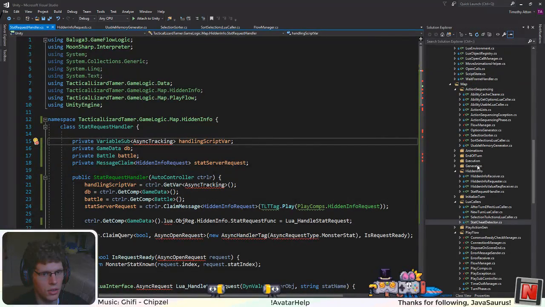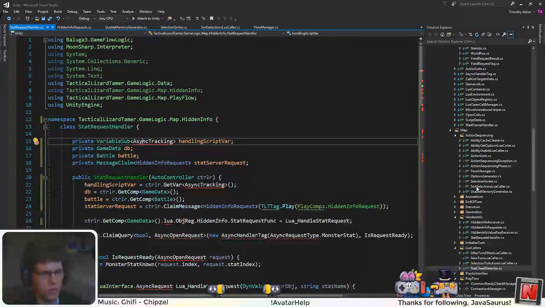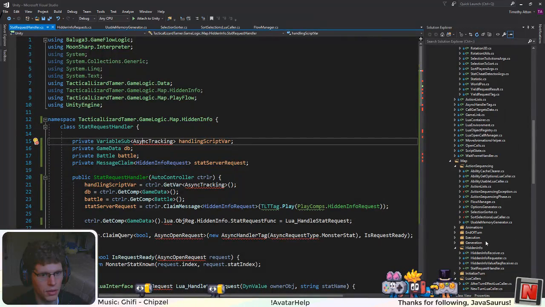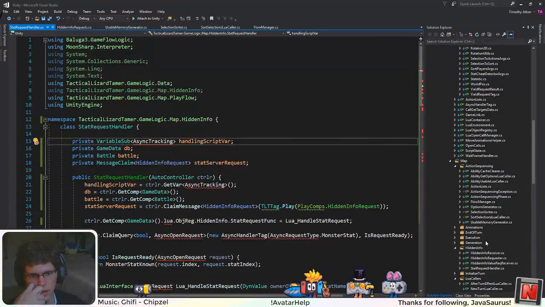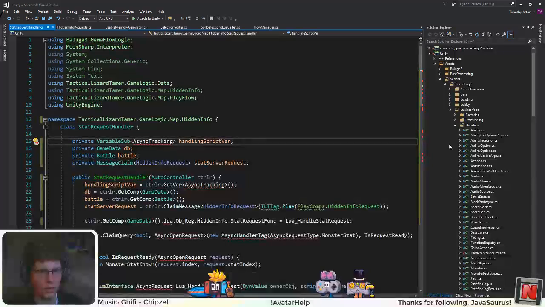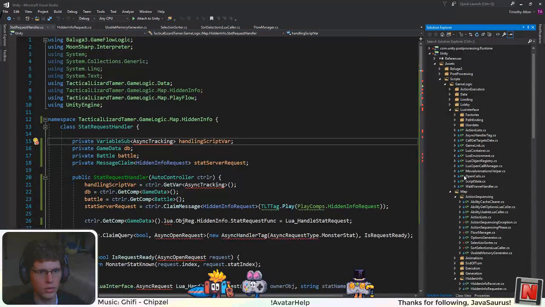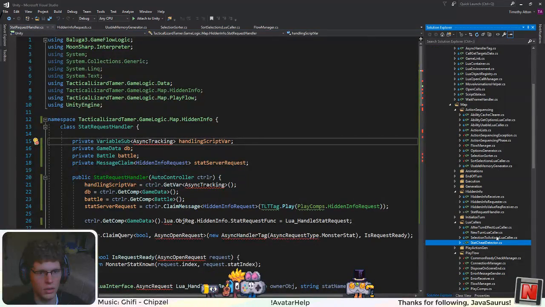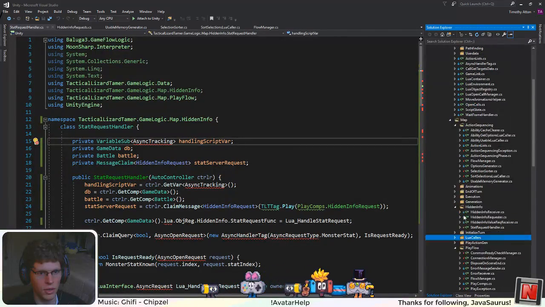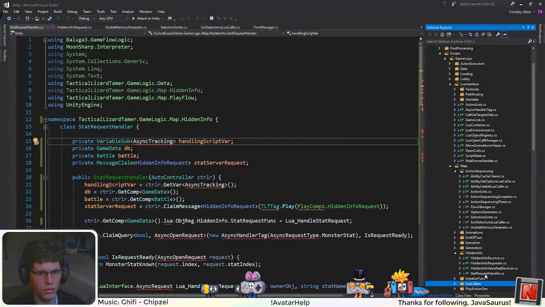Oh, actually, oh no, this will be fine. Oh, okay. No, because this shouldn't be in the play phase. But I guess you'd never. So this class needs to be instantiated with the rest of the Lua handlers, but it obviously wouldn't do anything if we're not in the play phase. So